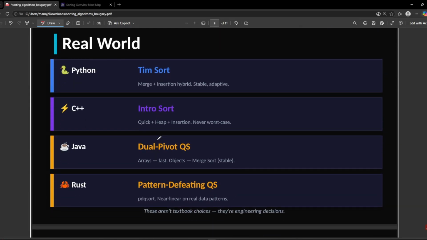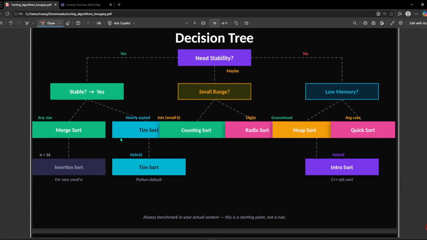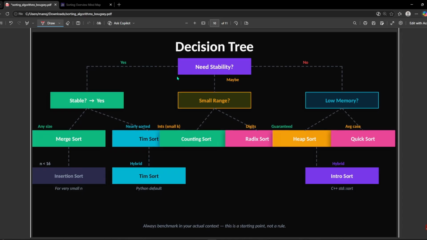This is just something that I got from the internet, but the type of sorting algorithm that you choose might be dependent on the language that you use as well, right? Like timsort for Python, introsort for C++. I'm not really familiar with all these sorting algorithms, but you can definitely look into them. So this is a decision tree that an AI generated for me, but you could probably use this or make something of your own. It would be quite useful when you're doing something like system design or using a sorting algorithm,